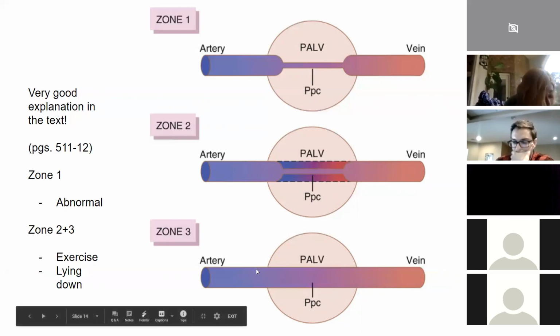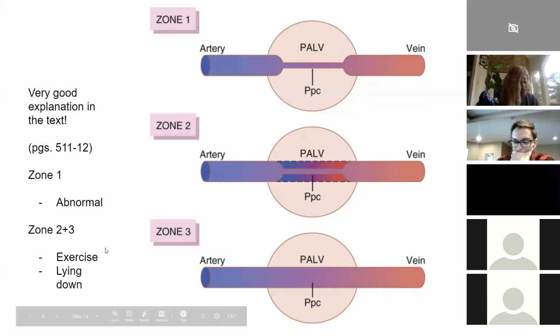In zone 3, the circulation's always open because in these zones, you'll have enough gravity forces, or sort of molecular piling, I think is another way of thinking about it, that you can actually push through because your pressure is so great in that particular area. So zones 2 and 3 are what is typical in humans, at rest and also in exercising.